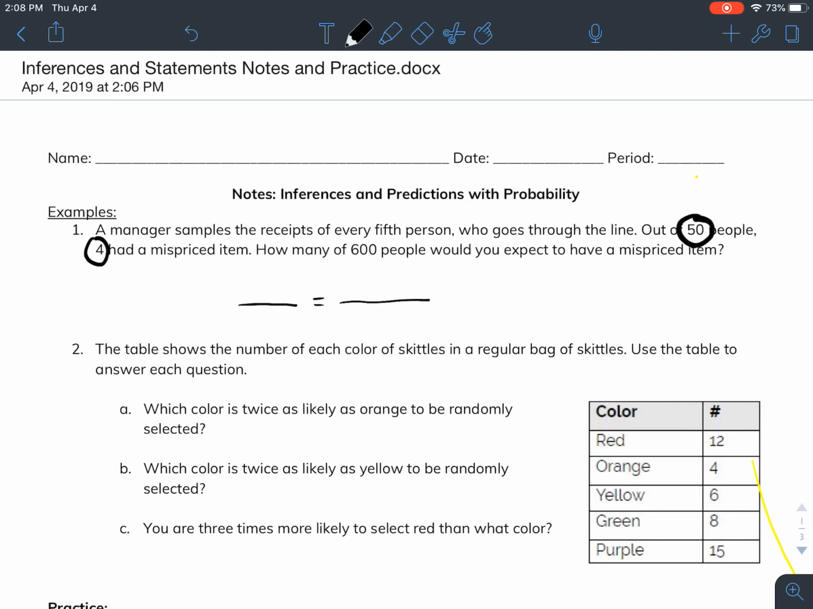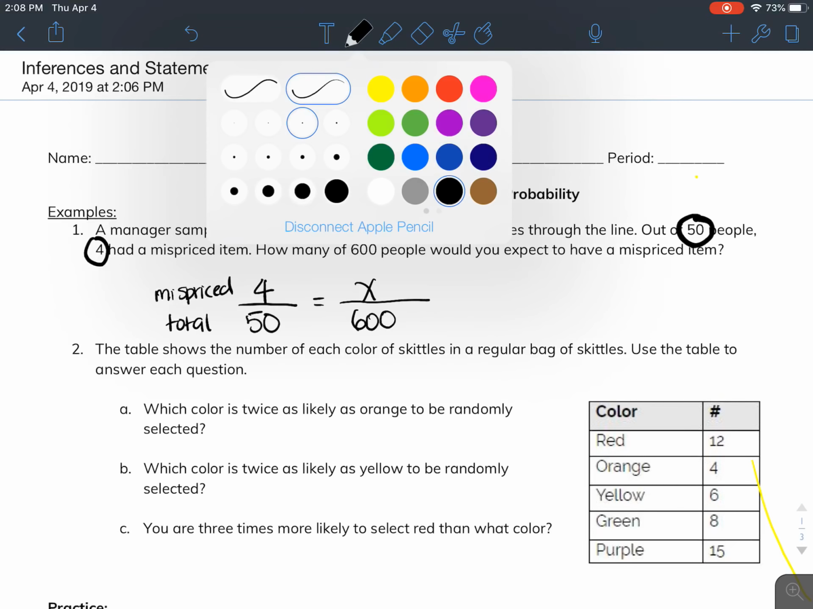So we know that the given, out of 50 people, 4 people mispriced. And then we always know that the total goes on the bottom. If you had 600 people, how many would you have expected to have a mispriced item? So we know that 600 needs to go on the bottom, and we're trying to figure out how many people would have mispriced the item. Then you would have to,